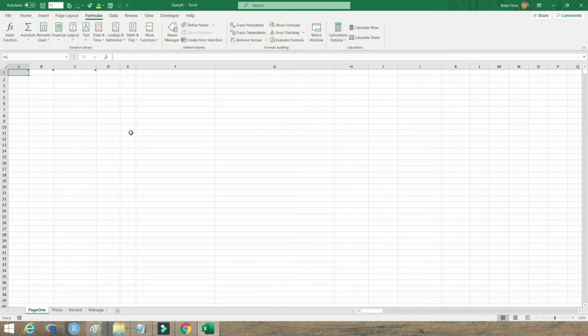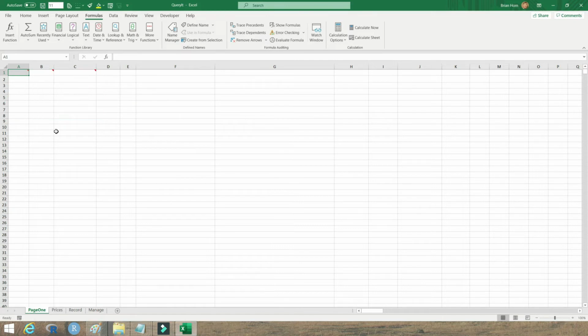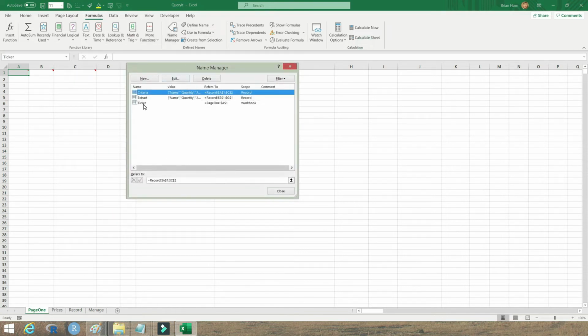Let's do an example of a data pull by recreating the QueryIt query that, if you recall, we just type in something in A1 and it returns back a result set. So instead of doing that as ADO VBA code, let's recreate that in Power Query. I'm going to first start off by naming the cell A1. Let's go up here and we're just going to call it ticker. And to see that, we'll go up here to Formulas and Name Manager. You can see here now we've got a named reference to that cell A1 on the worksheet,